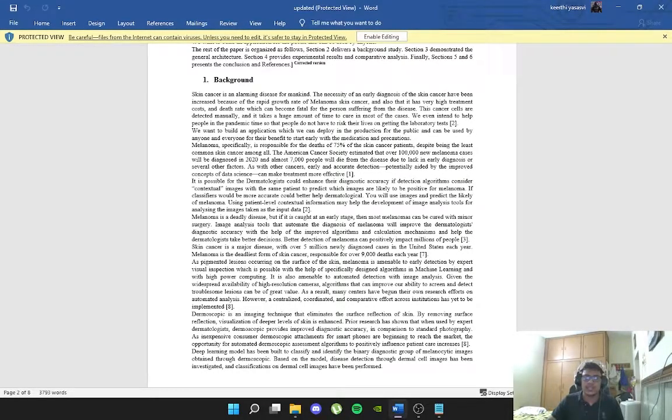The cancer cells are detected manually, and it takes a huge amount of time to cure in most of the cases. This application is intended to help people in the pandemic time so that they do not have to risk their lives by getting the laboratory tests physically. Now, melanoma specifically is responsible for the deaths of 75% of skin cancer patients. Despite being the least common skin cancer among all, the American Cancer Society estimates that over 100,000 new melanoma cases will be diagnosed in 2020, and almost 7,000 people will die from the disease due to lag in early diagnosis